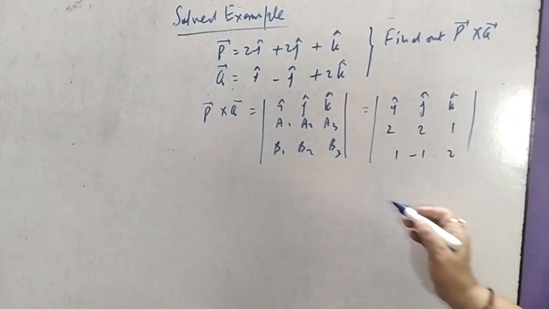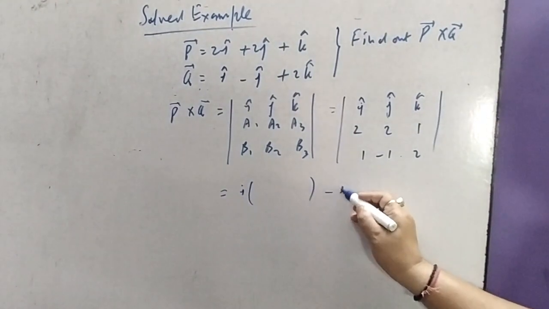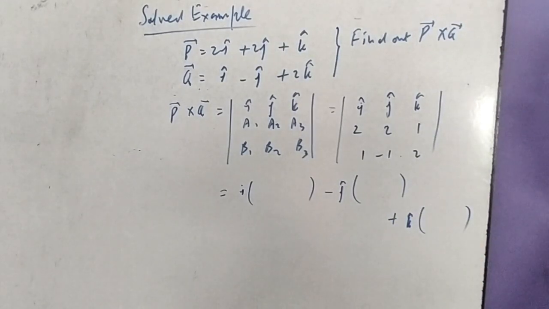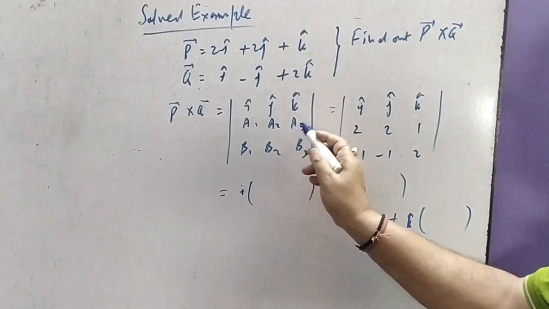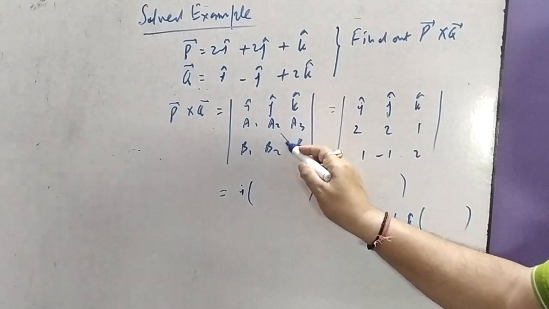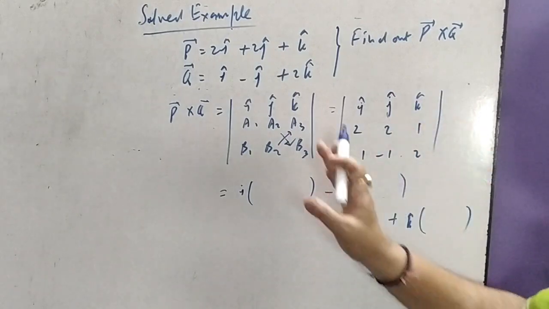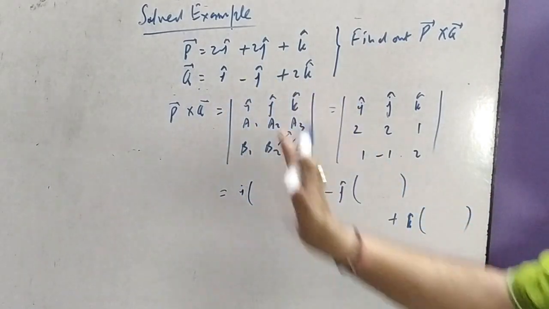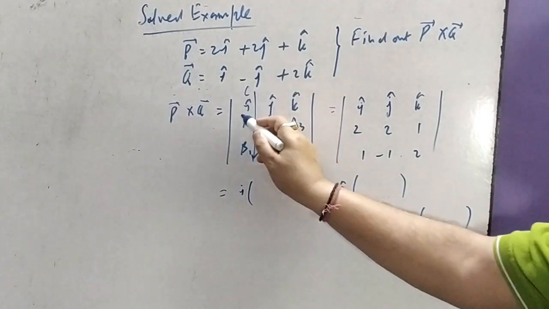Okay, and here as usual the rule is i one bracket, then you write minus j another bracket, then you write k another bracket. After this, what we have seen, in the product we have a2 b3 minus b2 a3. This to this, इससे इसको मल्टीप्लाई होता है, माइनस करके this to this मल्टीप्लाई करते हैं. Then here, while doing this we must know this is called a row, first row, second row, third row, first column, second column, third column. ये कॉलम होता है, ये ऊपर वाला. And this is what we call row.